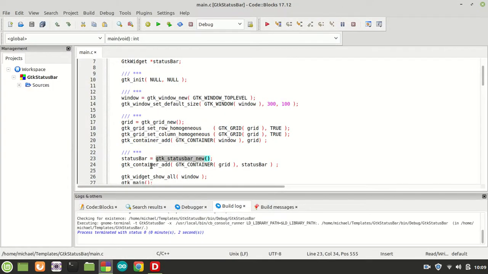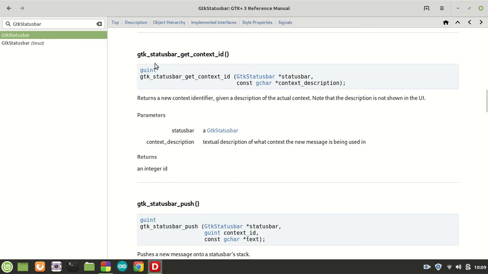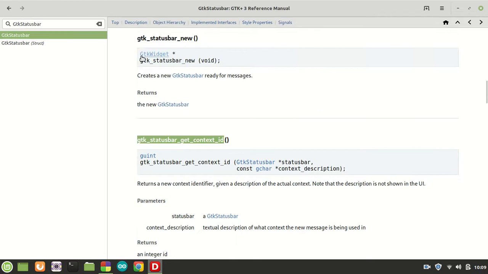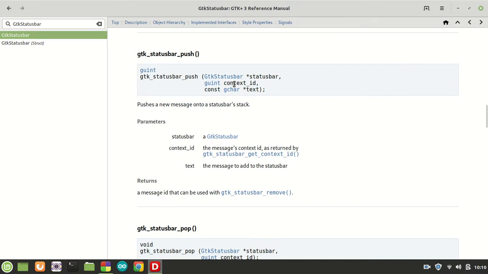Okay, that being said, let us check what's the story with the status bar and what we need to actually make it work, I mean, to actually show some information. For this, we are back here in our DevHelp. Let us go up a little bit. As you can see, we have more functions. We have status bar push and pop. These are the functions actually needed to make the status bar show some information. But these two functions are based on a context ID,